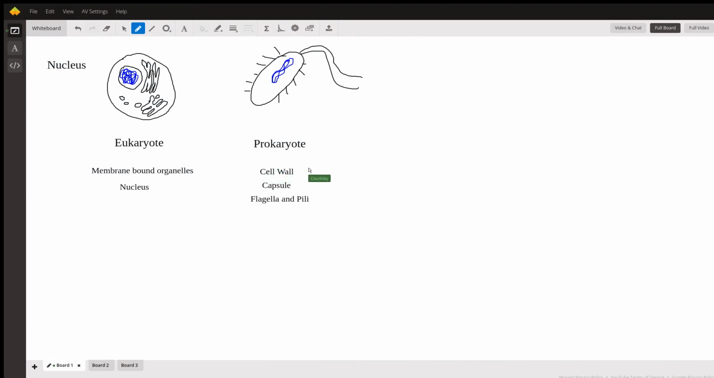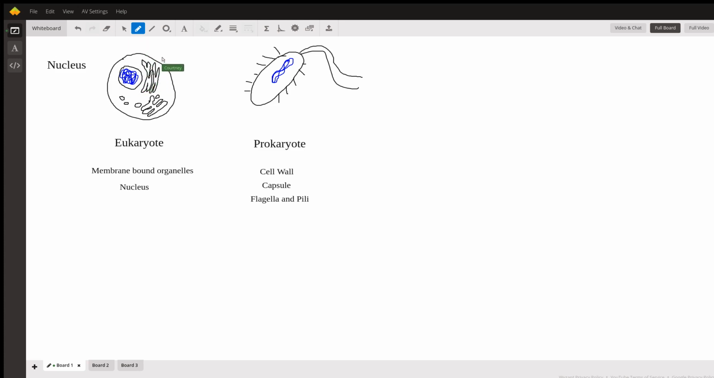So, major differences between eukaryotic and prokaryotic cells. I've drawn out an example of both of them here. Sorry, I'm not a better artist, but the major difference is that eukaryotic cells have membrane-bound organelles and a membrane-bound nucleus. The blue that I've represented in both of these diagrams is DNA, and eukaryotic cells have a